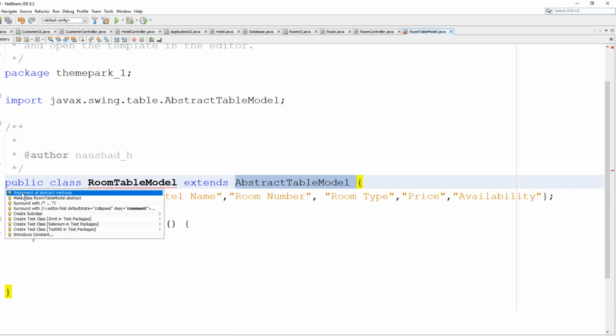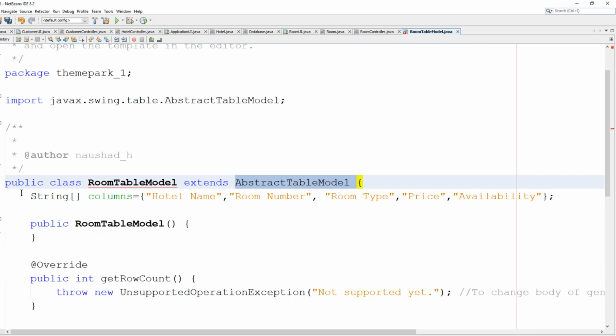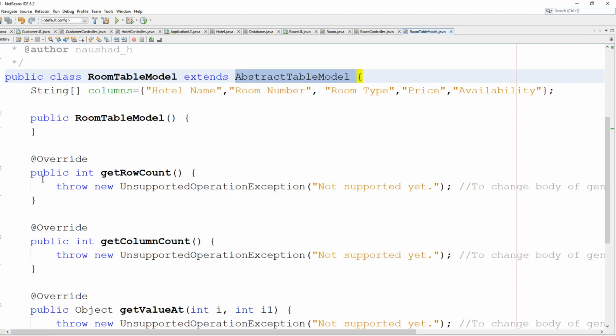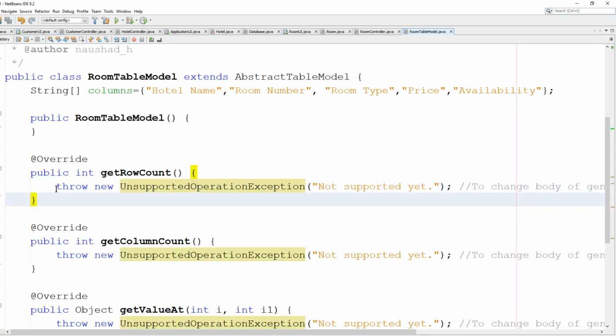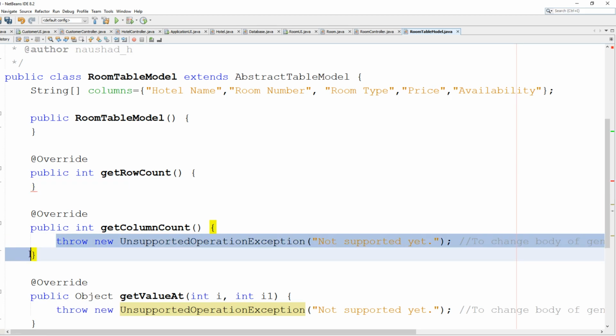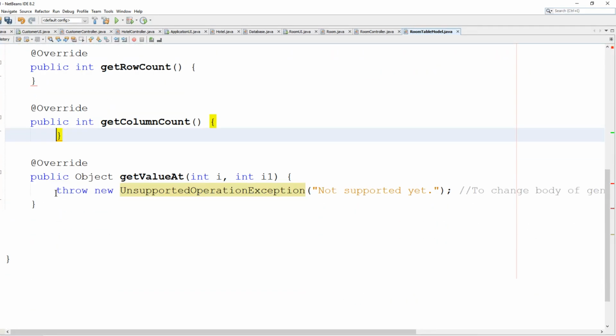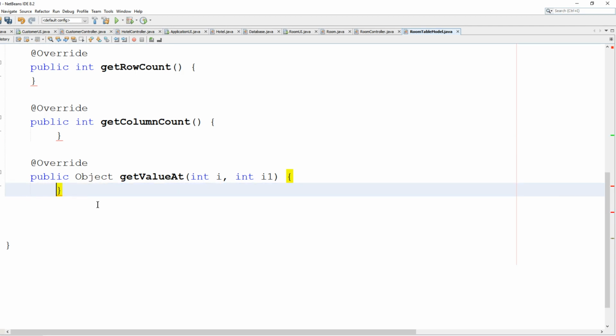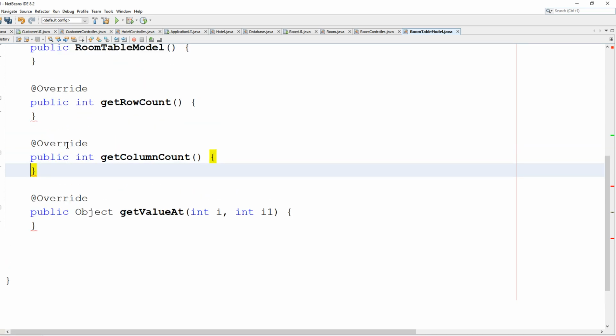We will implement them. You either use NetBeans and click this button to implement these, or you manually write all of them, override. When you generate them, it's going to create this throw part. So you have to remove that, because if the method is empty, then that should exist. But when we are going to implement it, we don't need this throw part. Okay, so let me try to explain here what happened. So these methods are actually coming from